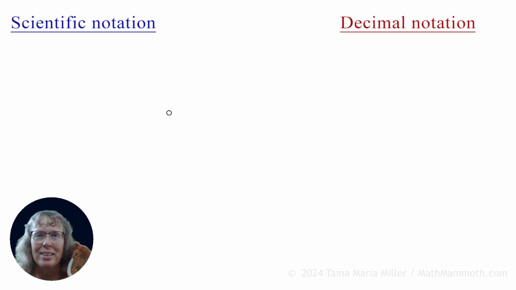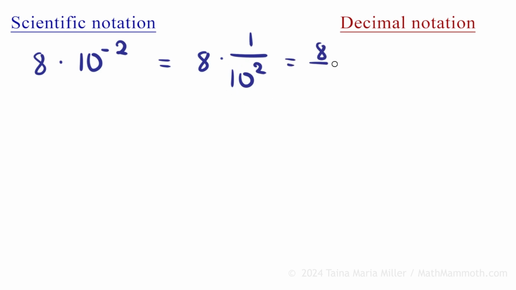Next, we're going to practice this and write numbers that are in scientific notation, in decimal notation, and then also vice versa. Let's look at some examples now. First of all, if I have, let's say, 8 times 10 to the power negative 2. So what does this become? 8 times 1 over 10 squared, right? And this here is 100. So we actually have 8 hundredths. And as a decimal, it is